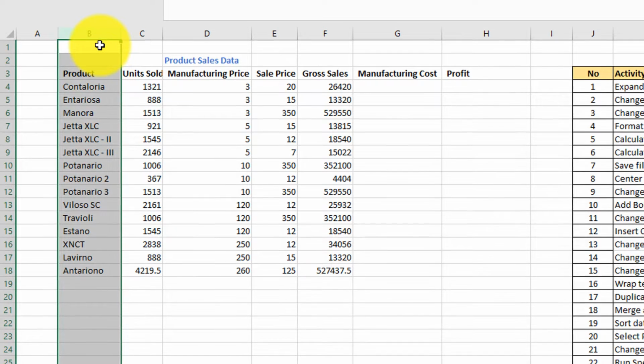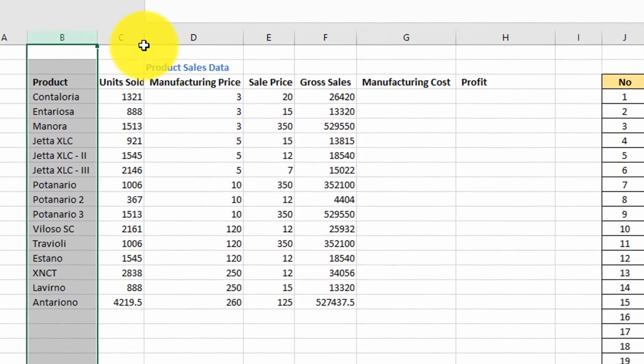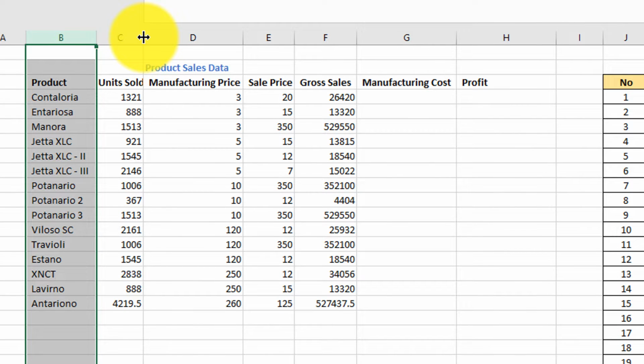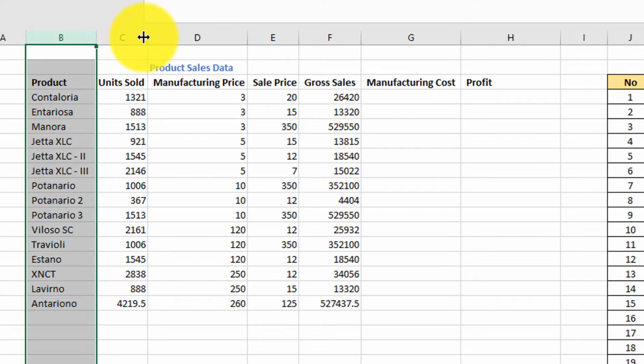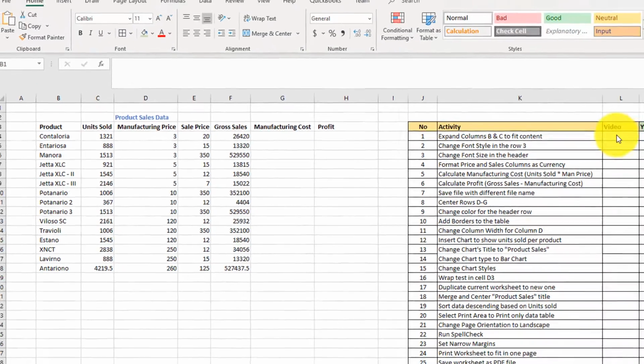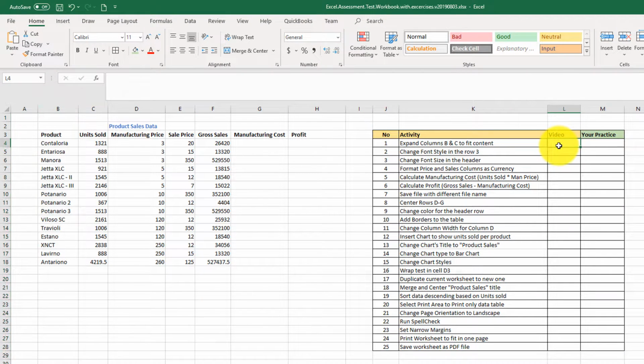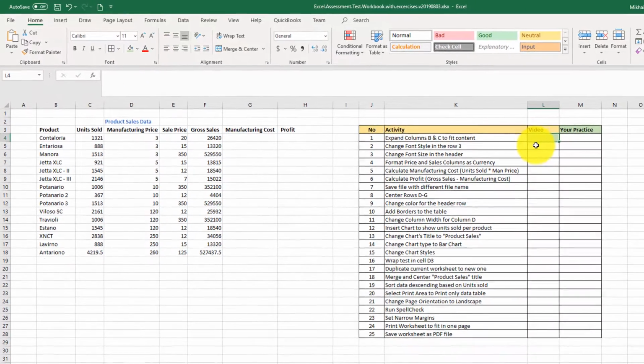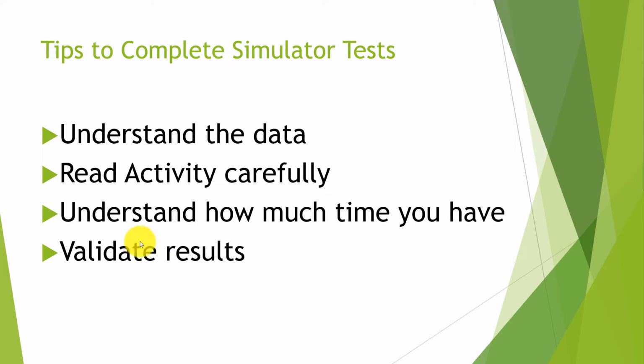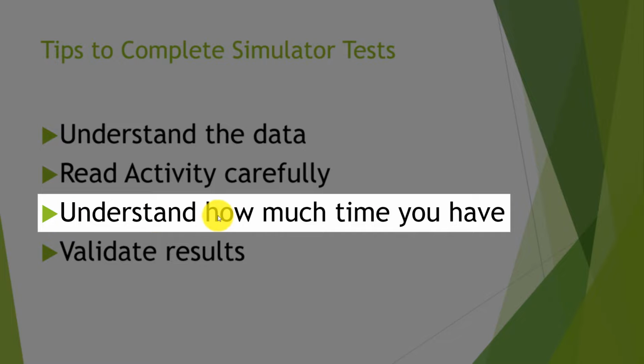So we did it for column B. Let's do the same step for column C. As you see, when I move the cursor and hover it in between columns C and D and double click, it expanded column C as well. We completed step 1, and I'd like to mark it as complete. I'll put my cursor in the cell L4, and I will mark it as green, indicating that it has been completed. And in the meantime, I'd like to bring your attention to tip 3, which is understand how much